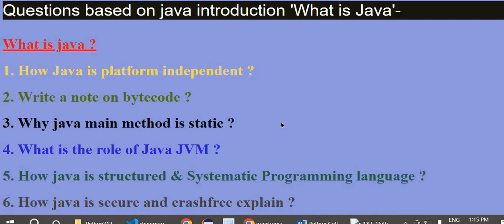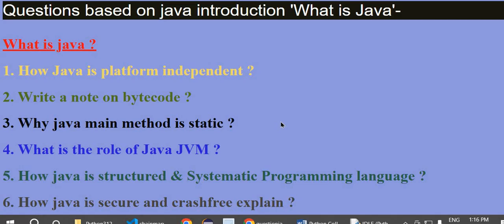JVM requires the Java main method for running your program. If the main method is not static, it will not be available without object creation. Only when the object is created will it be available.